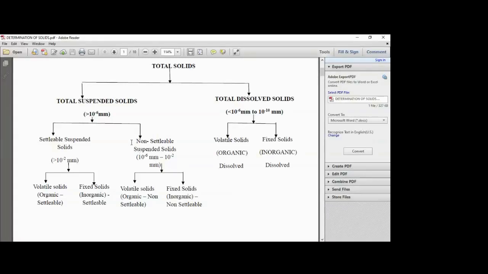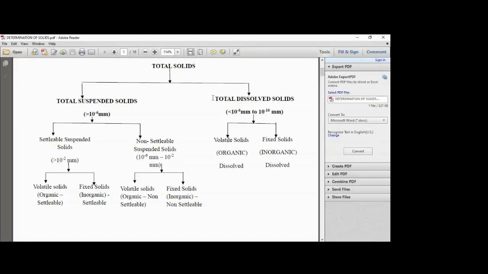So this is the answer for where the non-settlable suspended solids will get removed. They will be removed only by the redox reaction happening in the aeration tank. Because of the redox reaction they will be reduced and become settlable, and because of that they'll be removed in your secondary sedimentation tank. So we are converting their nature from non-settlable to settlable in the aeration tank and getting them removed in the secondary